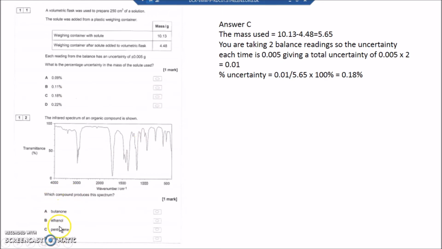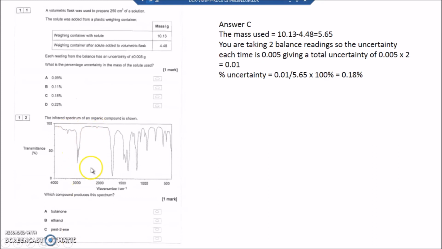Now let's go through. We've got a data book alongside us, but let's see if we can do it without the data book. Ethanol has got an OH, and OH produces a broad, large absorption around about 3,500, and that's not there. So it's not ethanol, because the OH, the alcohol, would produce a broad, wide absorption around about 3,500. Propanoic acid has also got an OH, and its OH is also wide and broad, sort of here